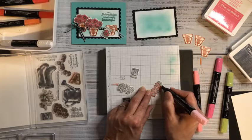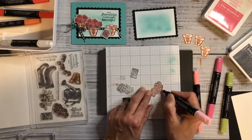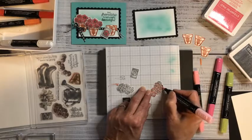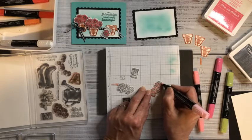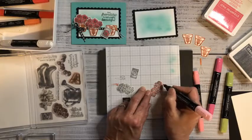I can hear birds chirping. I haven't heard birds chirping all day. It's been raining so hard today. And the wind was just crazy. I got my hair done this morning, and